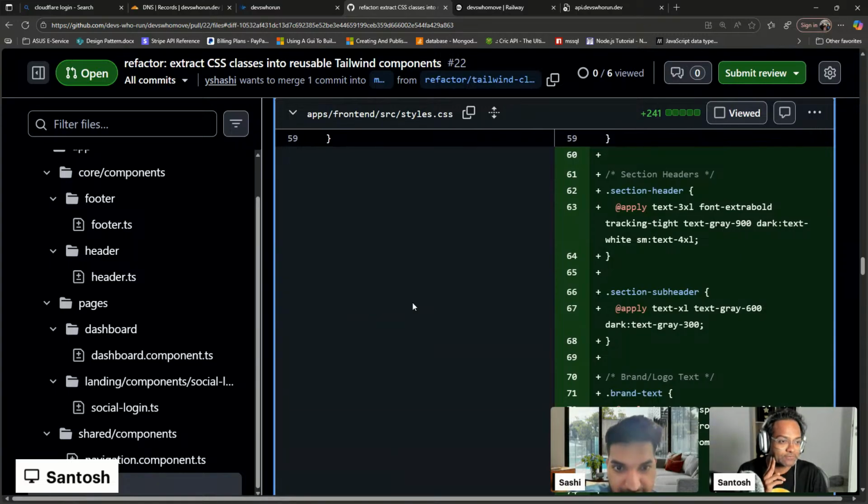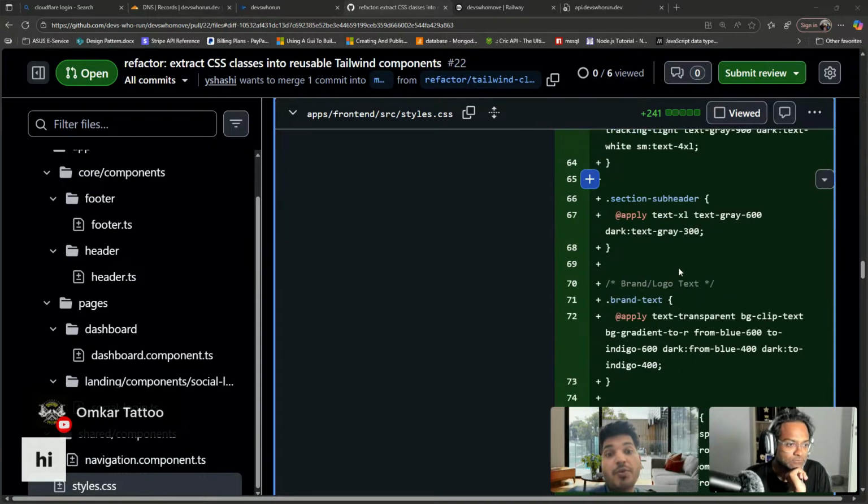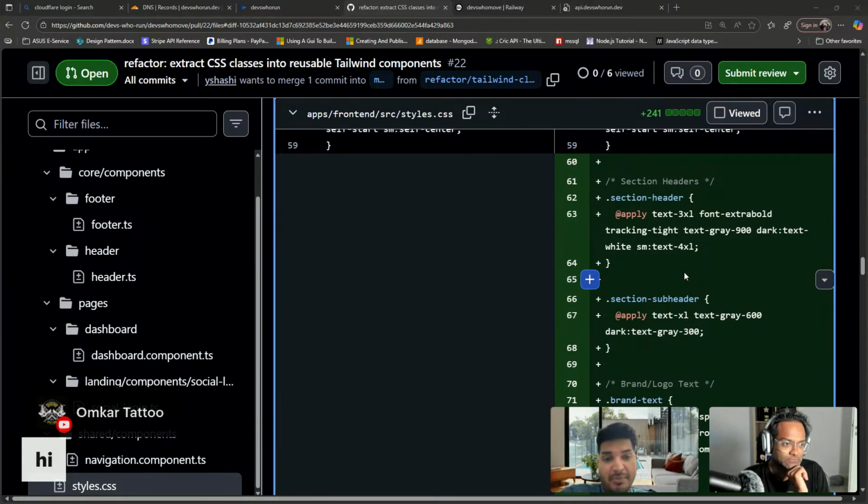So let's walk through. I tried to put those comments intentionally, which I will be removing in future, like what it basically does. So if you see, here we were trying to apply this subheader in multiple places. So now what we did, we just tried to group it into one particular layer. So you don't need to have this whole big group of CSS in your template, because